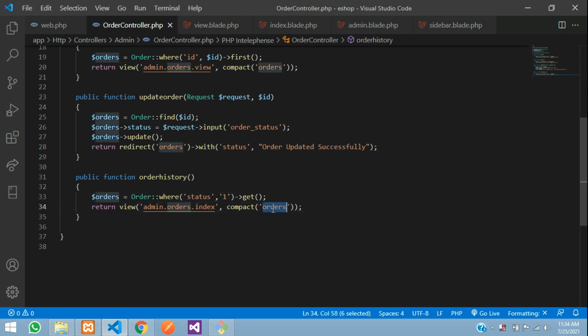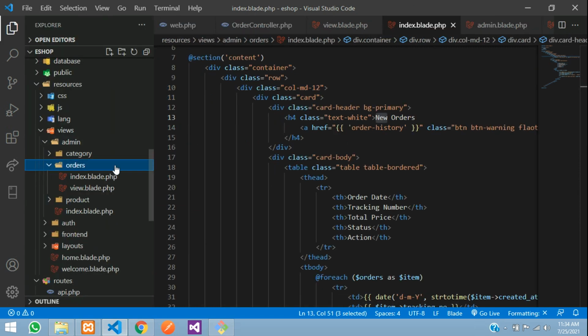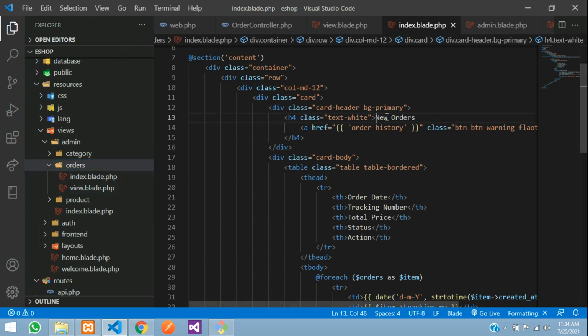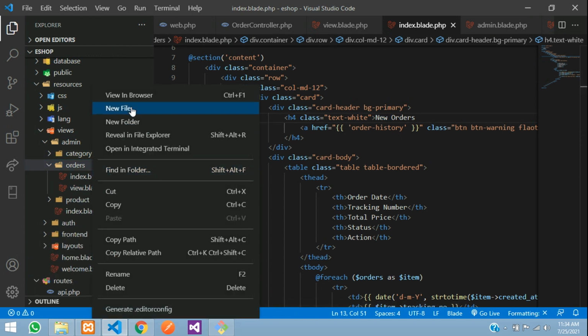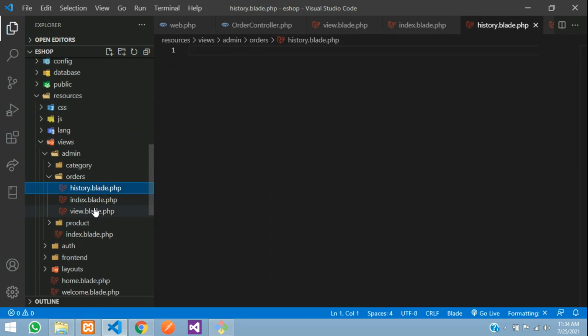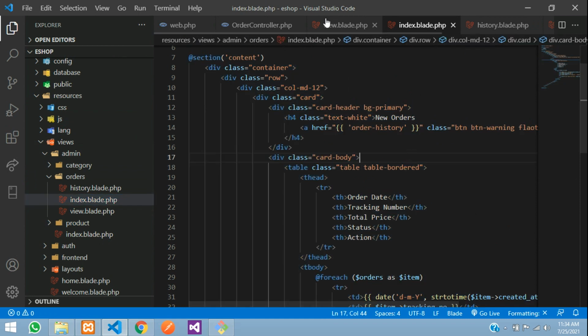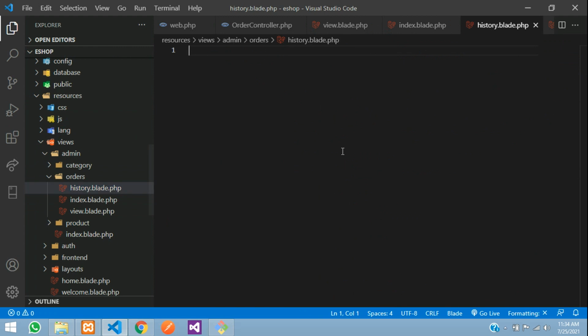So you can use the same file, the admin orders index. So this will show the old orders. So here you have new orders, right? If you need, you can create a new page over here saying history.blade.php, or you can just keep a variable over there and send it, and just change this heading if you require. We'll keep it simple. We'll create a new file, say history.blade.php, hit enter, and this same index page you have, just copy that and go to history and